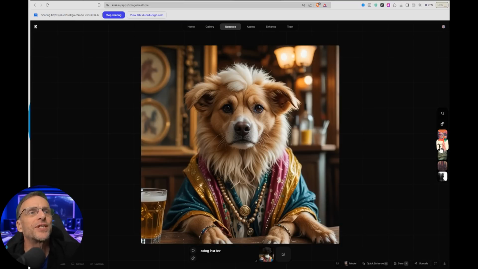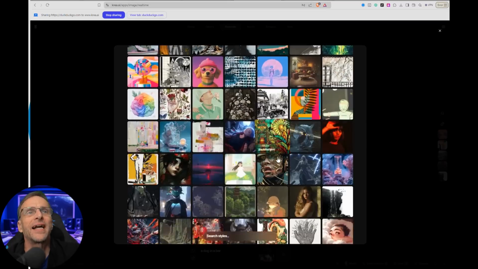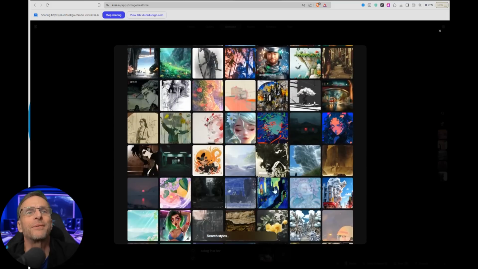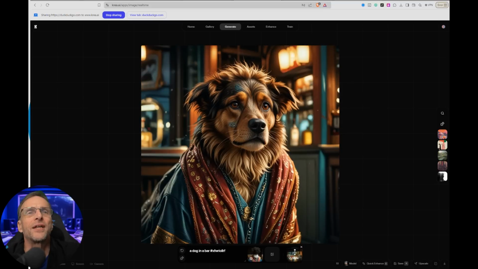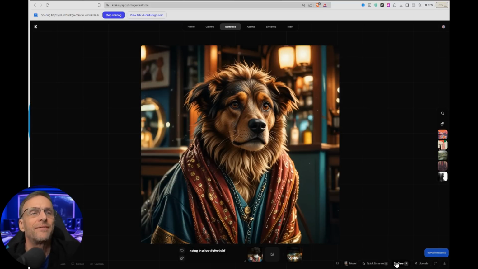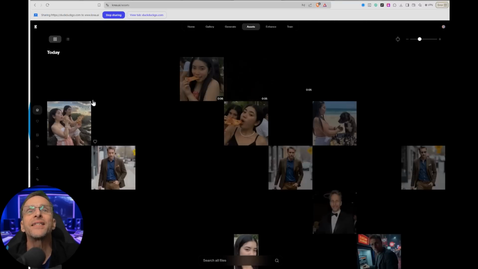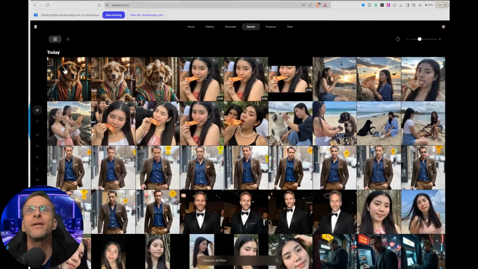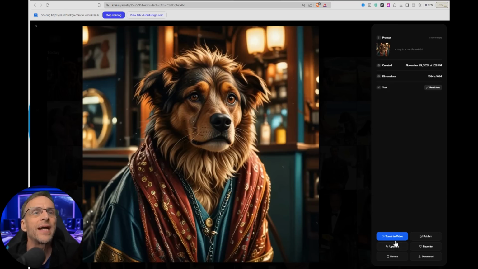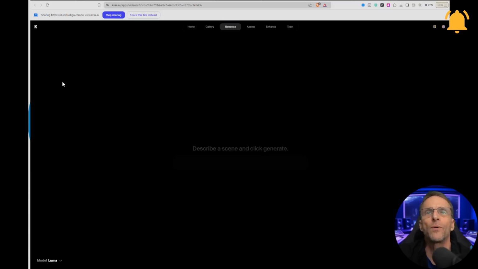But just remember, you can just keep adding styles. If you don't like what's right here, you can click on the magnifying glass and scroll down and find something that you like, and just mix and match all this until you're happy with it. If you click save, it goes into your assets, which makes it really easy to send it into animation if you want to, because you can just click on assets. You'll see everything you've done up here. You can click on the dog and right here turn into video,